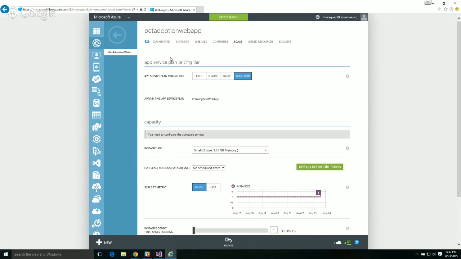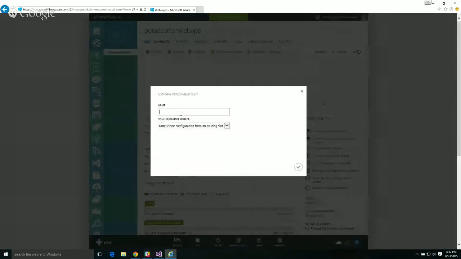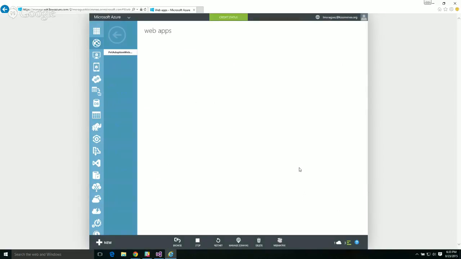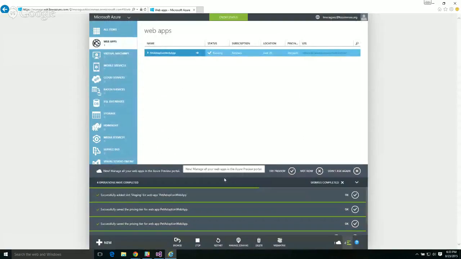So click on dashboard again. Third time's a charm. And we will name this one staging. And choose OK, or the checkbox. There we go. You are getting flooded by messages. All right, so if we click on web app, on the web application again,